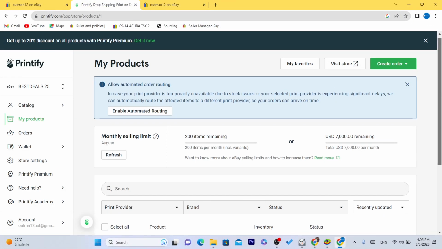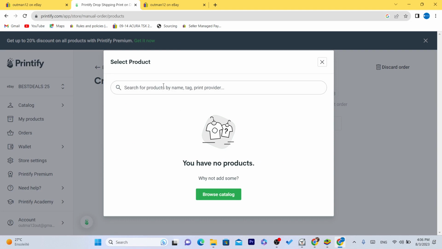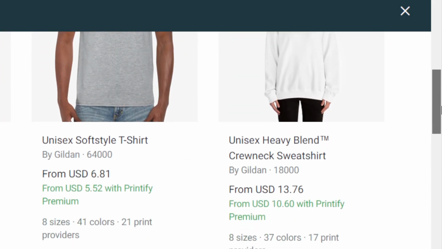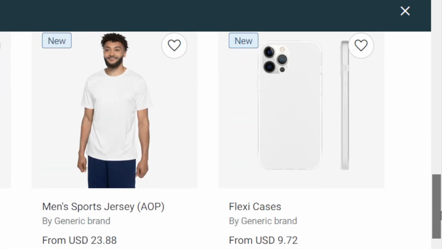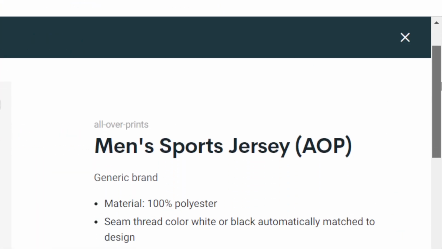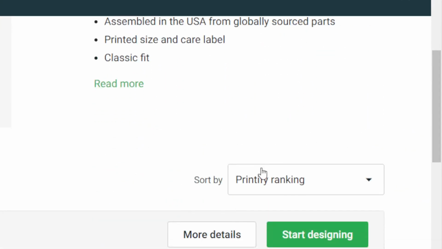You can start creating. If you click on create order, you can click, for example, on manual, and here you need to search for a product or a print provider, but you have no products, so why not add some? For example, you want to click on browse catalog, and here you just find a random product. As you can see, find a random one, and you can start editing it and listing it on your eBay store. So for example, if you want to edit this one, you just need to click on start designing,